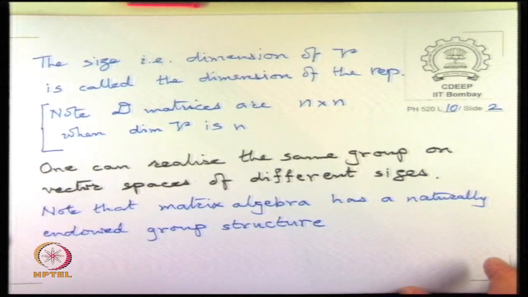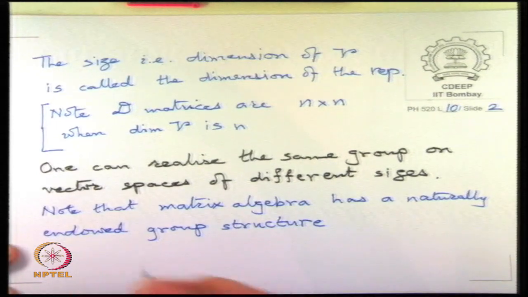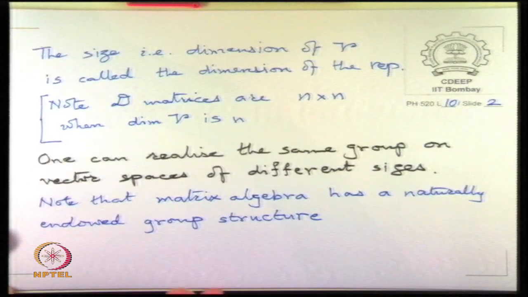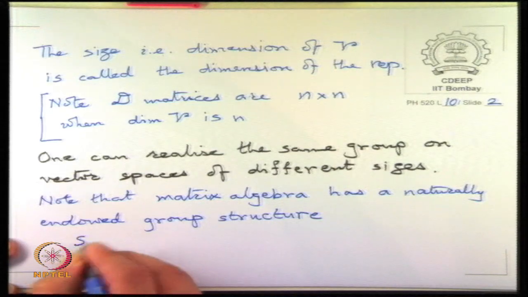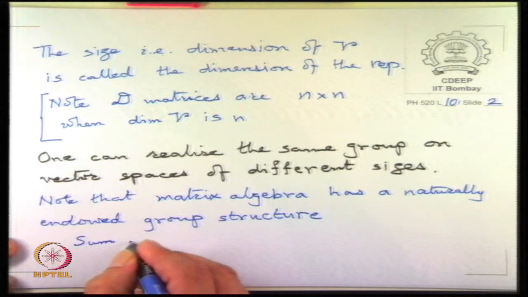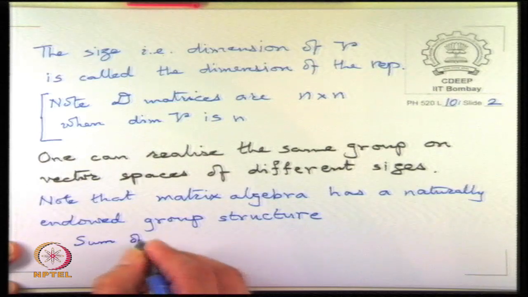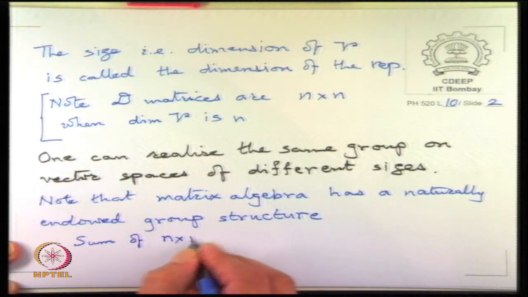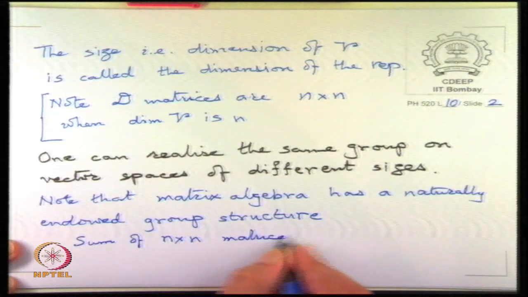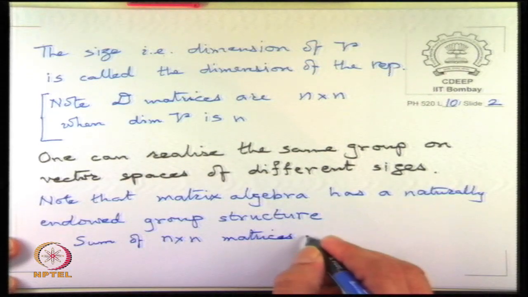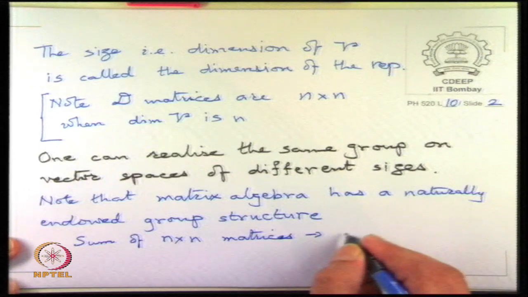And here the group structure is that the sum of vectors is a vector, and the sum of matrices is a matrix. So the sum of n by n matrices is a group under addition,